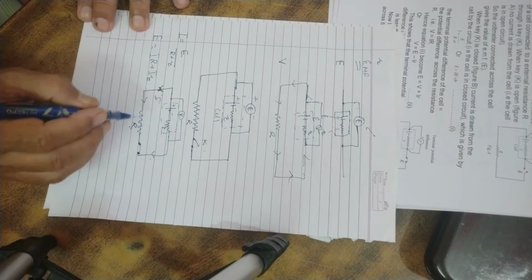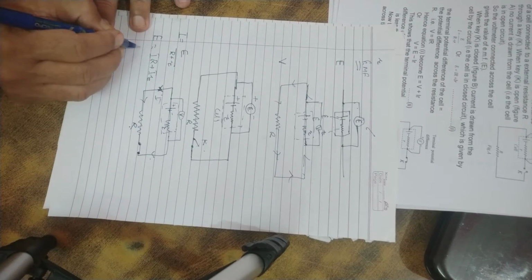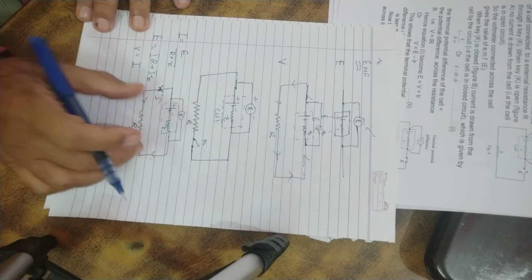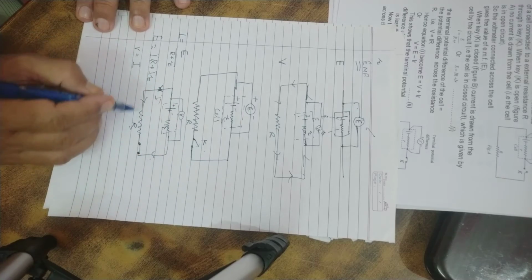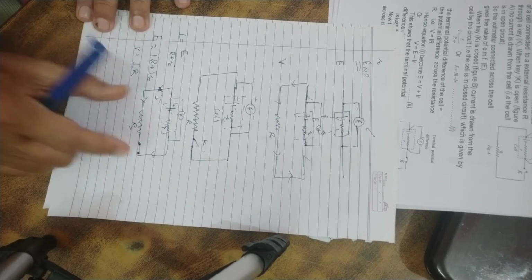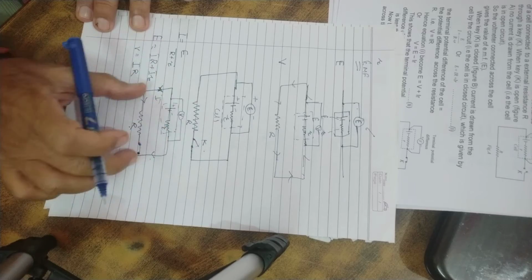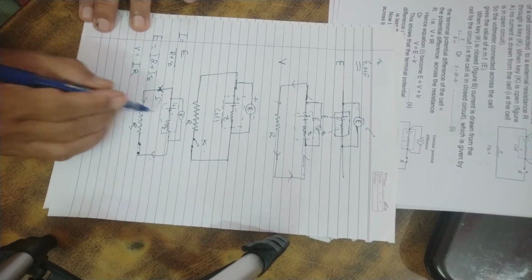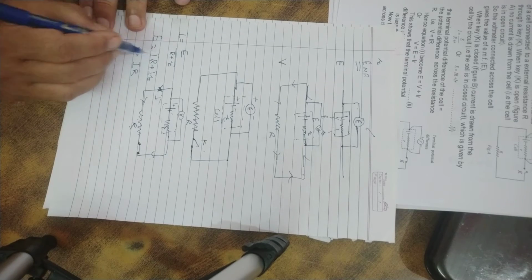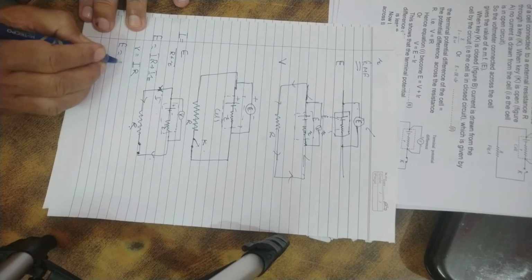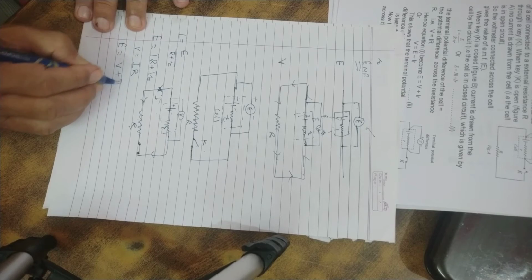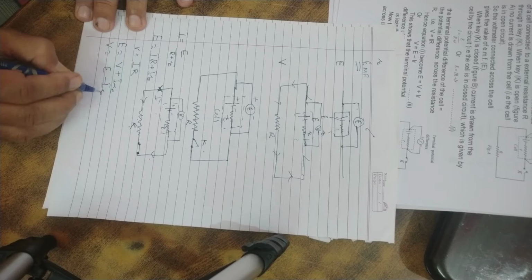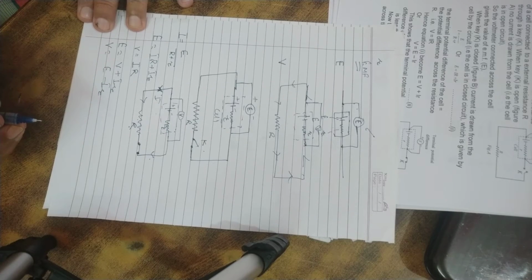Now, what is the terminal potential difference of the cell V? V will be, what is terminal potential difference? This is V. V is current into resistance, because these two branches are in parallel. Potential across this and potential across this is same. So V is equal to IR. To put this value here, what is E? E is V plus Ir. So terminal potential difference is E minus Ir.